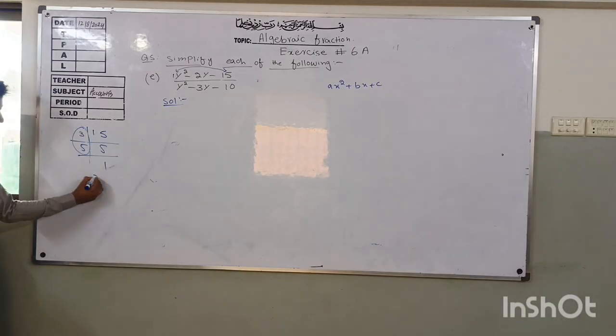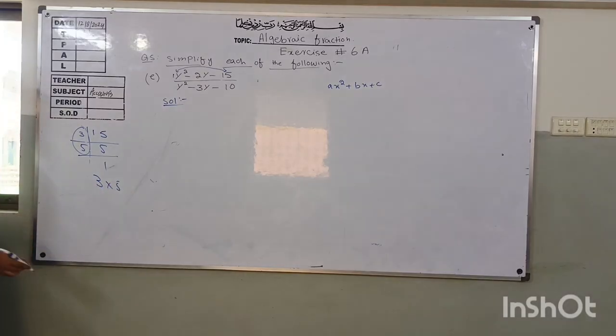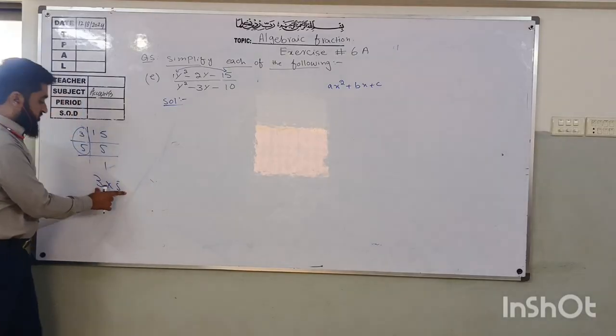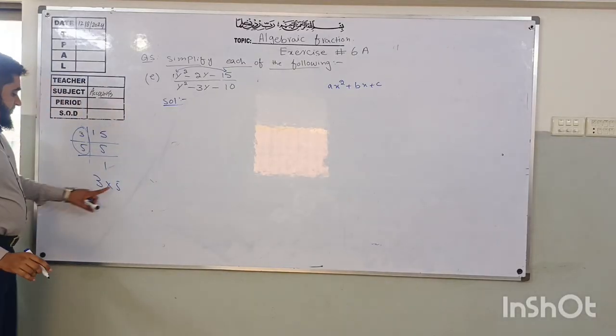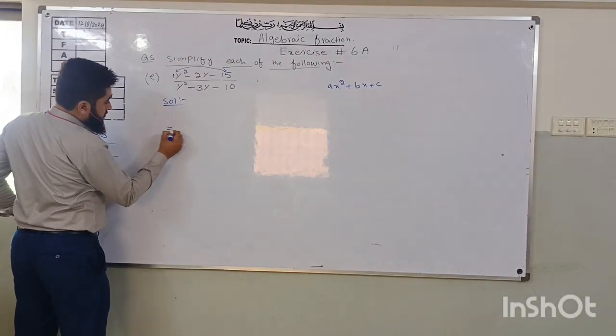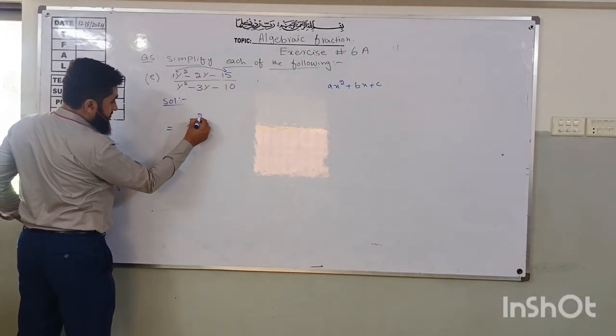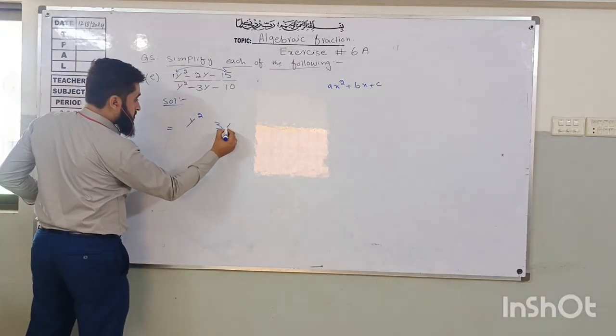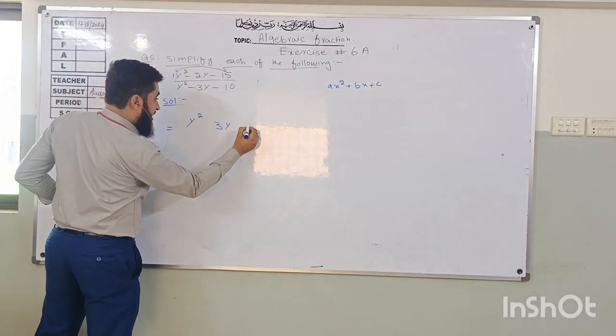So we have two factors, 3 and 5. We will check which, by plus and minus, will change into 2. So 5 − 3 is equal to 2. So we will write down y², 3y, and 5y